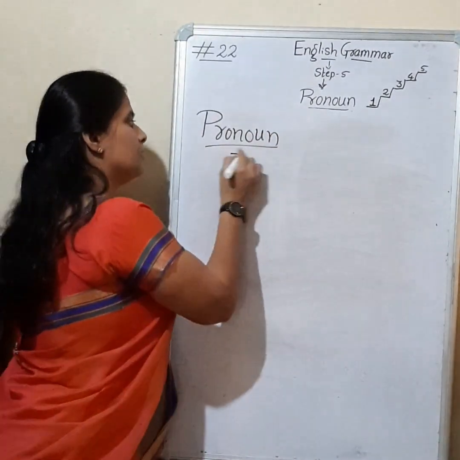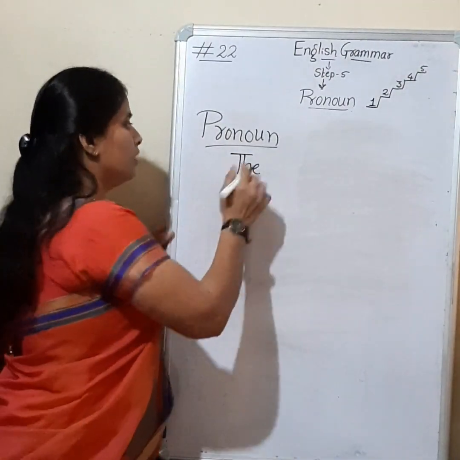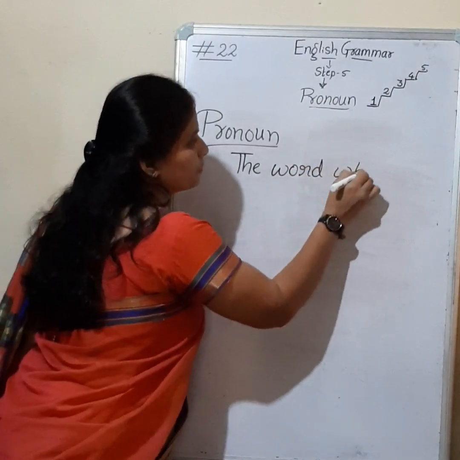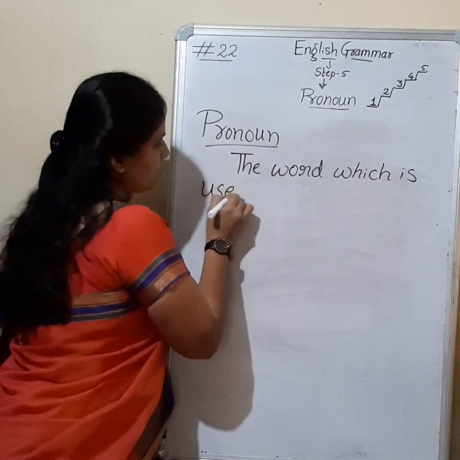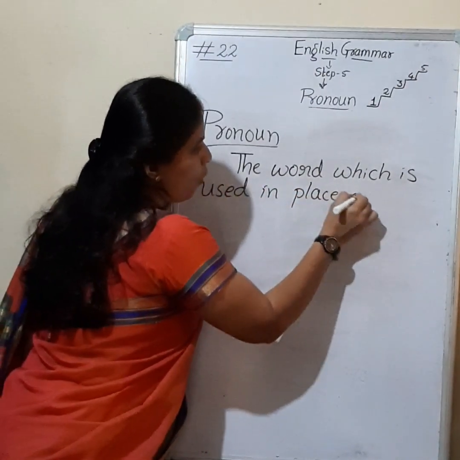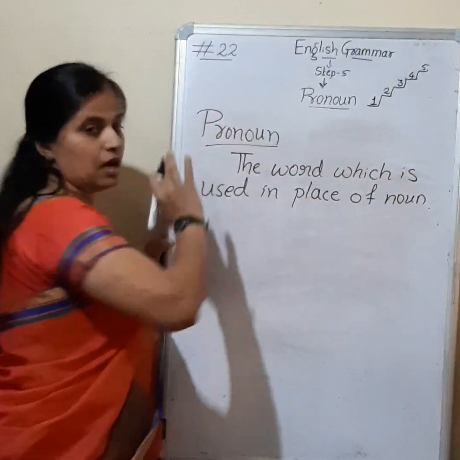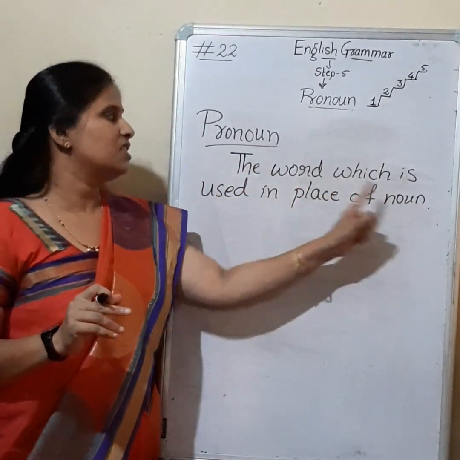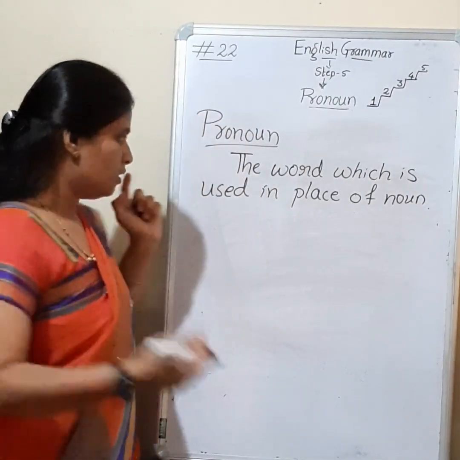Let us see. The word, I just told you to read, okay? The word which is used in place of noun is called as pronoun. Okay, I hope you are also reading, right? So the word which is used in place of noun is called as pronoun, or